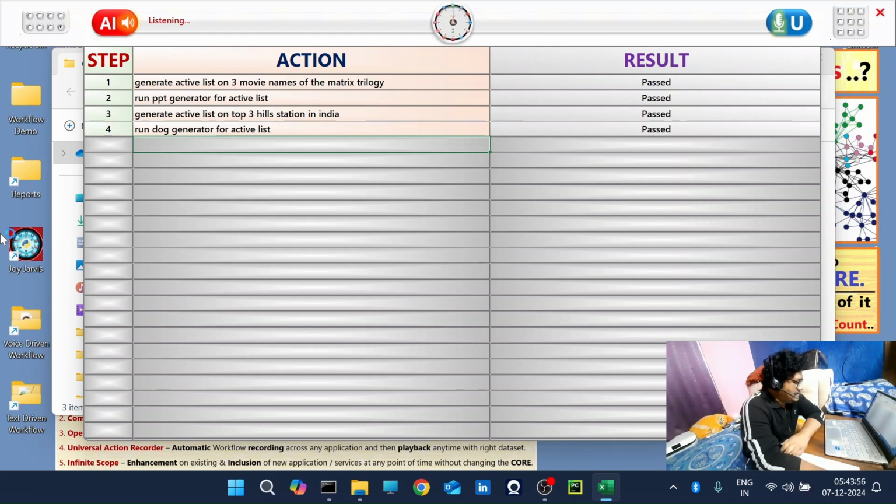Stop recording. I'm sorry. Stop listening. Okay. So guys, in my recording, I said doc recording, but it took dog recording. So that's why the second part is not executed. There is nothing like dog generator. But the first part, I asked to generate active list on 3 movie names, Matrix Trilogy, and run PPT generator on active list. And it has